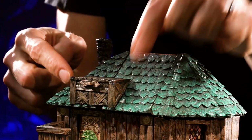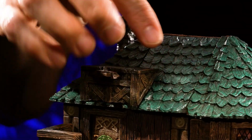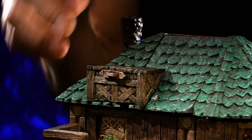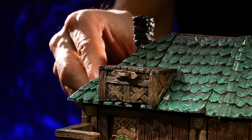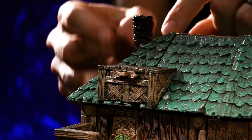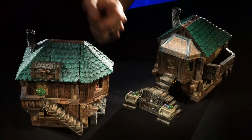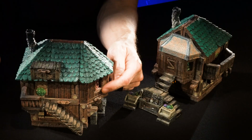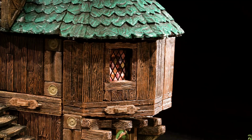We're using the front here. This is the magnetic perch with a wood rivet, making a kind of little awning. It would get the rain to not spill down right on the landing there. And then it's topped off with the magnetic chimney. Oh, and we have the warm lattice window panes inserted in all these windows to give it a nice sort